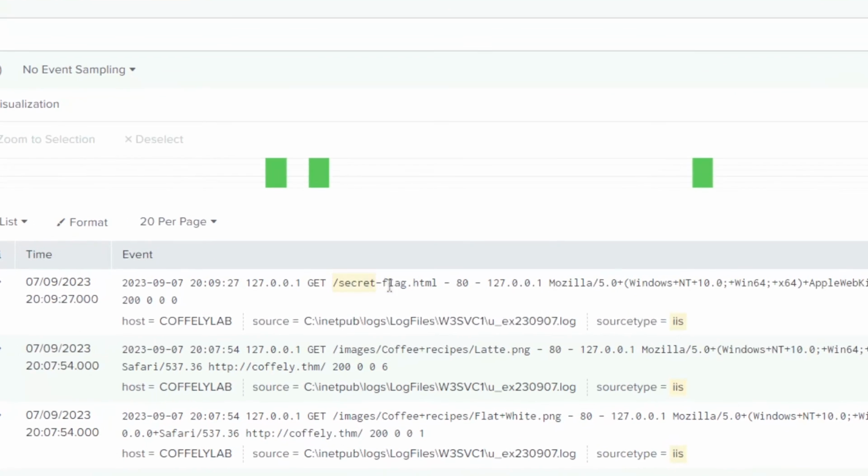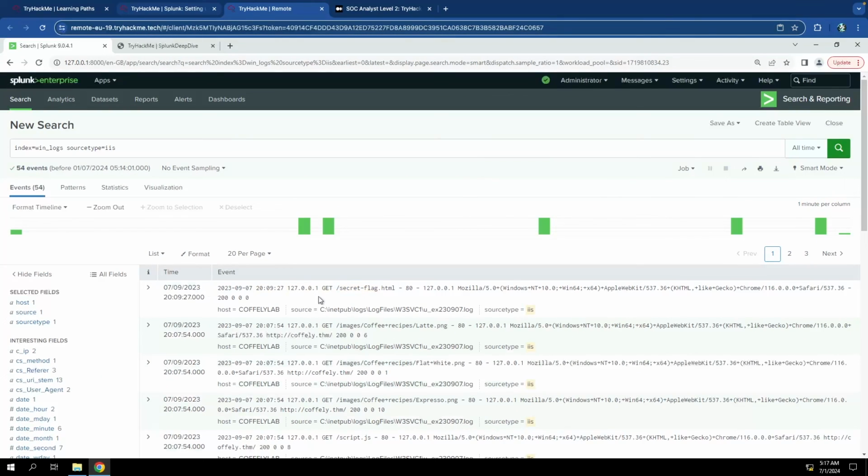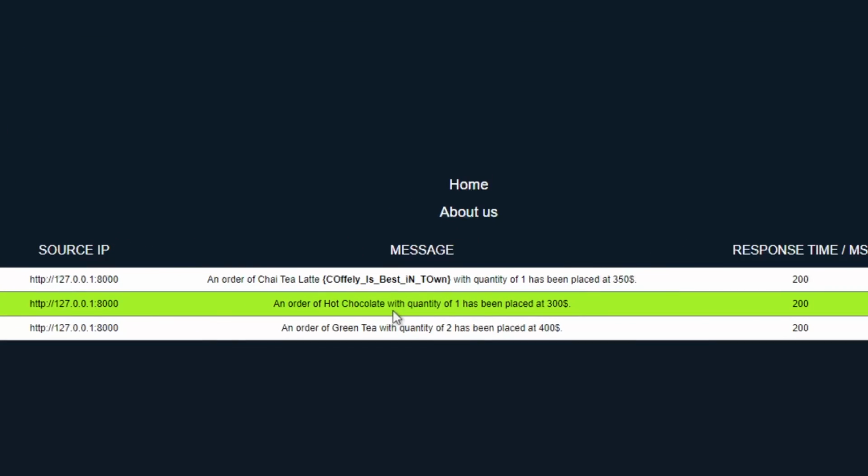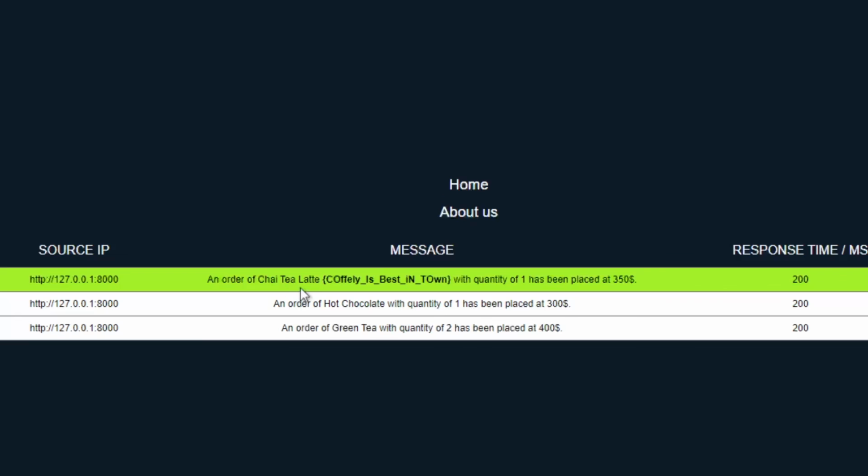Okay, there we go. Get secretflag.html. That one just showed up. So that one is available here. Now I need to try to find that actual flag. Oh, it was literally right here. So there's nothing to click. I just clicked next, and it brought me to this specific log item, and that's the flag, just based on